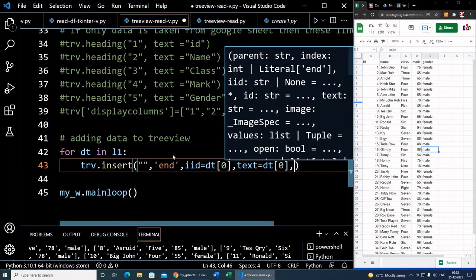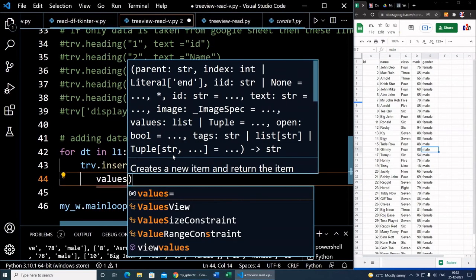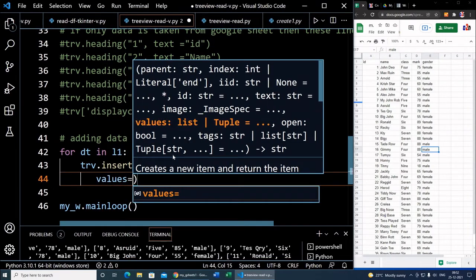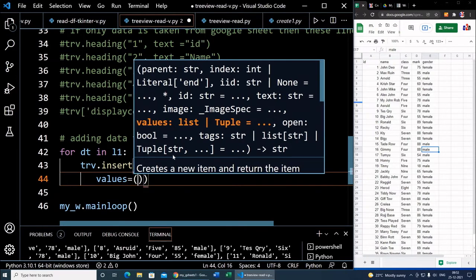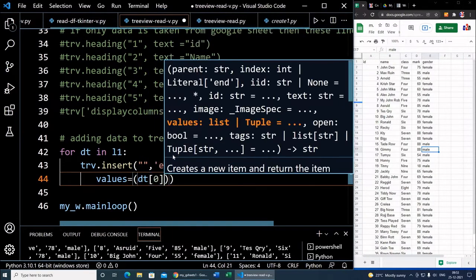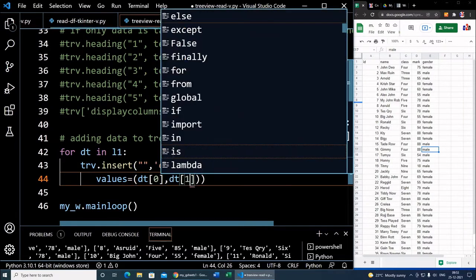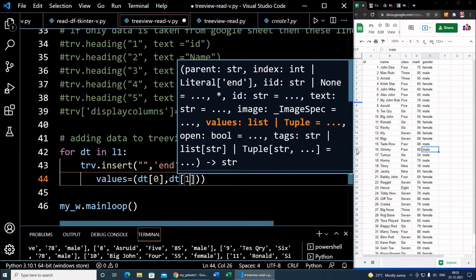Now let's go to the next line. Here it is a little important. Values. What are the values for that? Equal to, now there are 5 columns. So we'll say that first one is DT0, maintain the sequence ID, that is. Then DT1, that is name. Name will come. Here you can see that is 0, 1, 2, 3, 0, 1, 2, 3, 4.